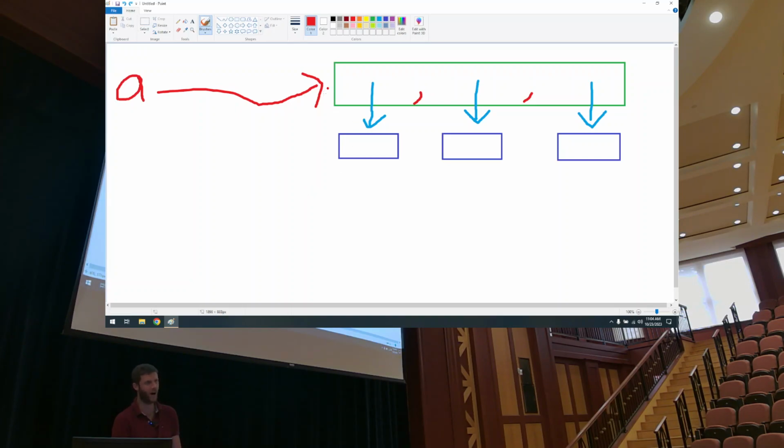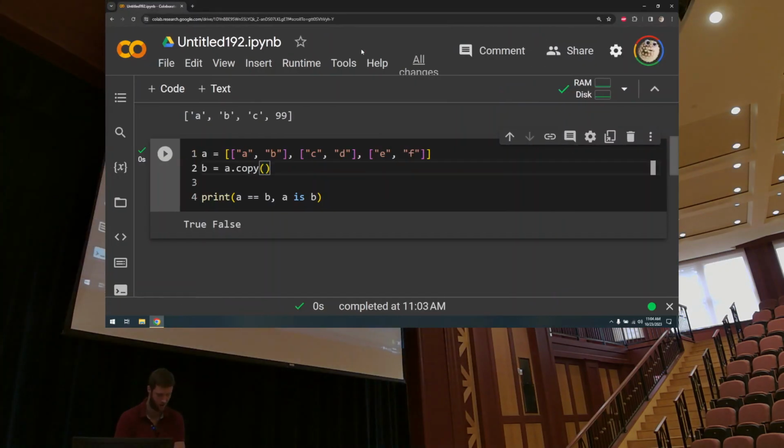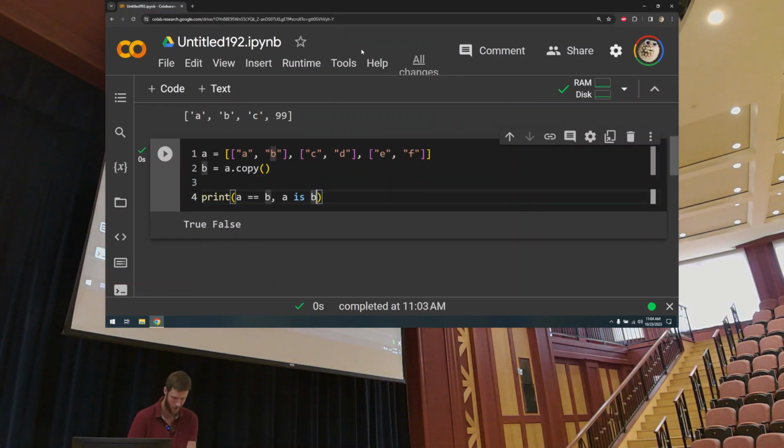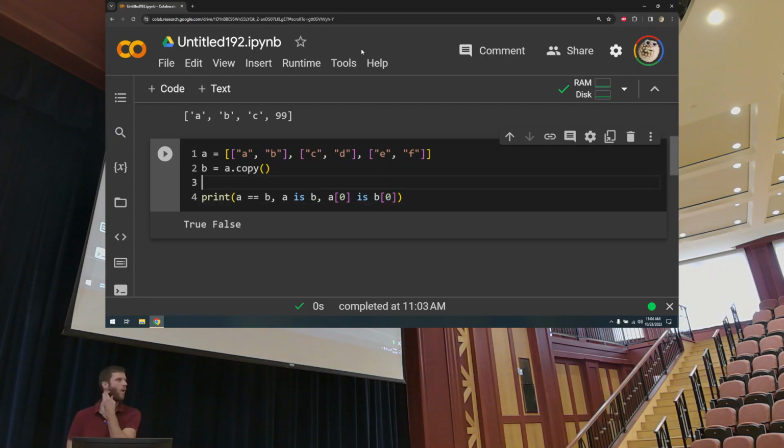If I made a copy of A, what did I copy over? What I want to know is